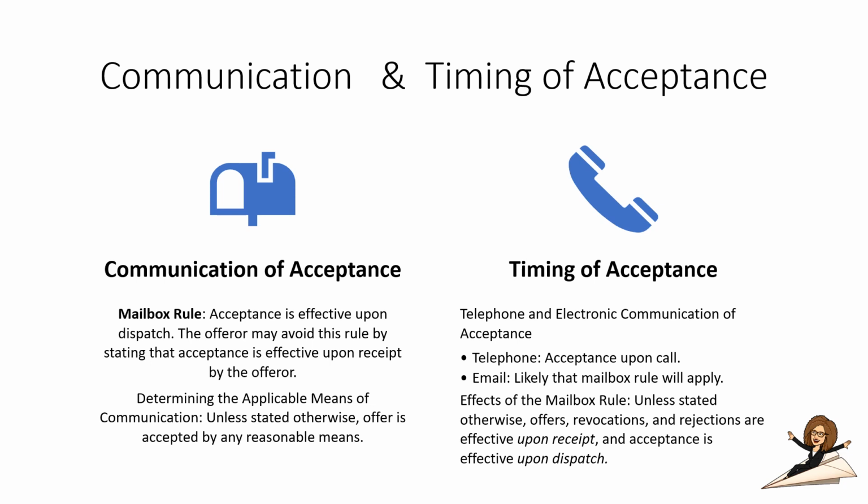And that's why we learn the law. So we know what we want to keep in our contracts and what we don't. The mailbox rule is what operates in effect unless the parties decide something else. And in this case, it would be the offeror who would want to get rid of the mailbox rule. So you should make it a stipulation in your offer that the acceptance must come in a certain manner and you must actually receive it before it can become effective.